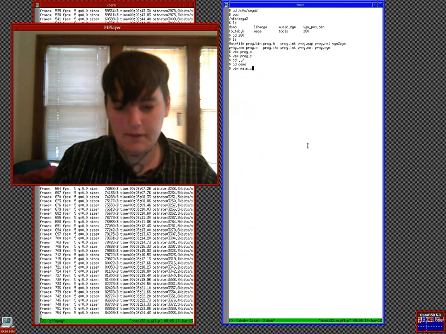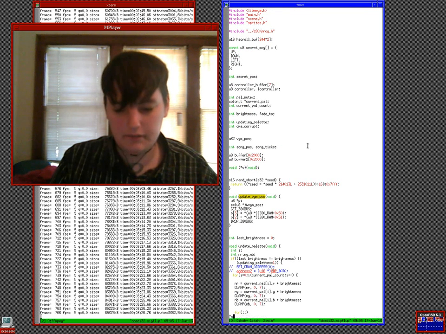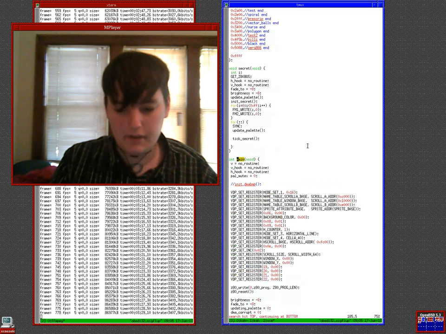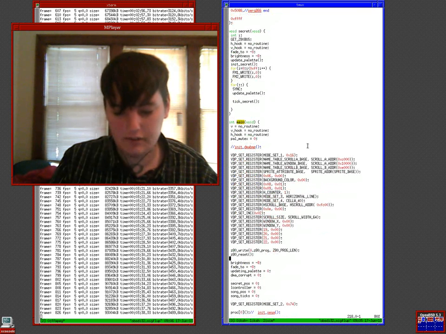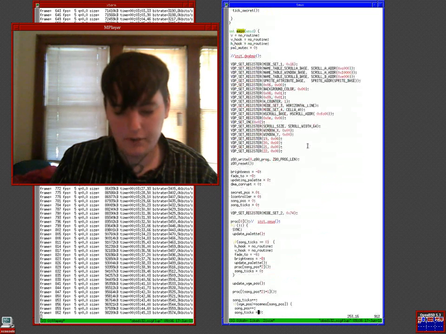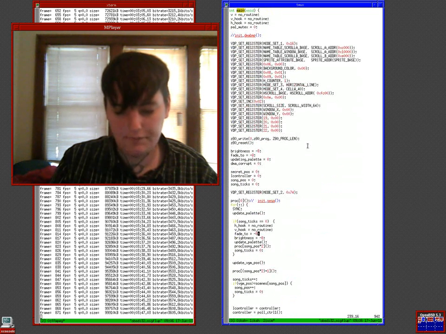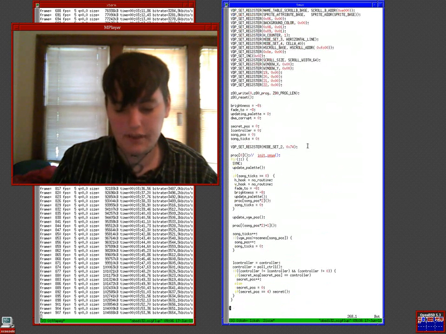So this is main. Not all that pretty. This is where we set up the vertical and horizontal hooks to no routine. We set up all the registers and install the Z80 program right there. We also change the brightness and fade to, and a few other variables. And then we turn on the screen, flip on the screen right there, and go into our loop. Our loop does a vertical sync, updates the palette,